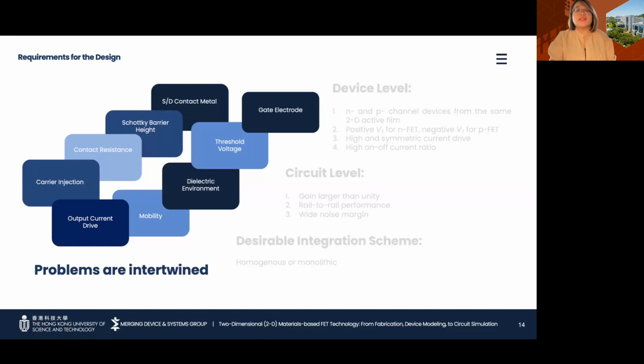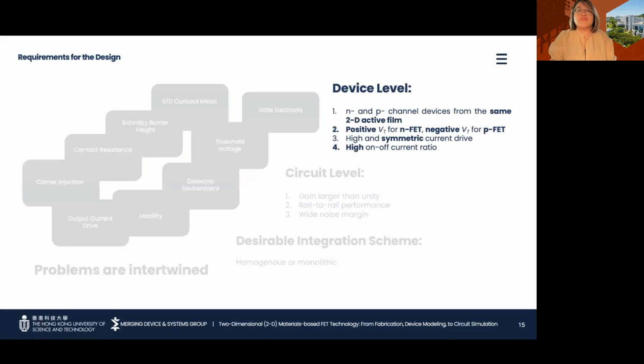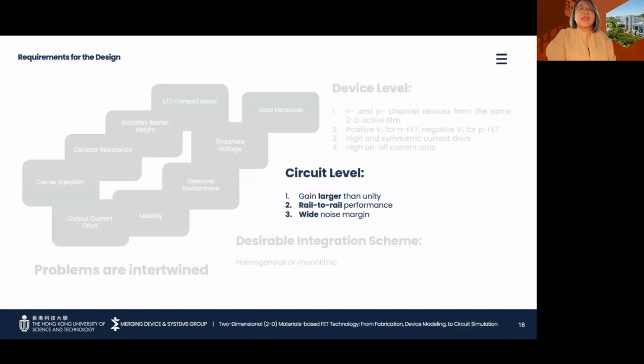Now, what are the design requirements? On the device level, we need N-channel and P-channel devices that are formed using the same type of 2D active film to ensure that we achieve homogeneous material properties. The desirable threshold voltage polarity for the N-FET is positive, while negative for the P-FET. These complementary devices should further have symmetric performance and high on-off current ratios. On the circuit level, mainly as a CMOS circuit, the gain should be larger than unity, with rail-to-rail performance,